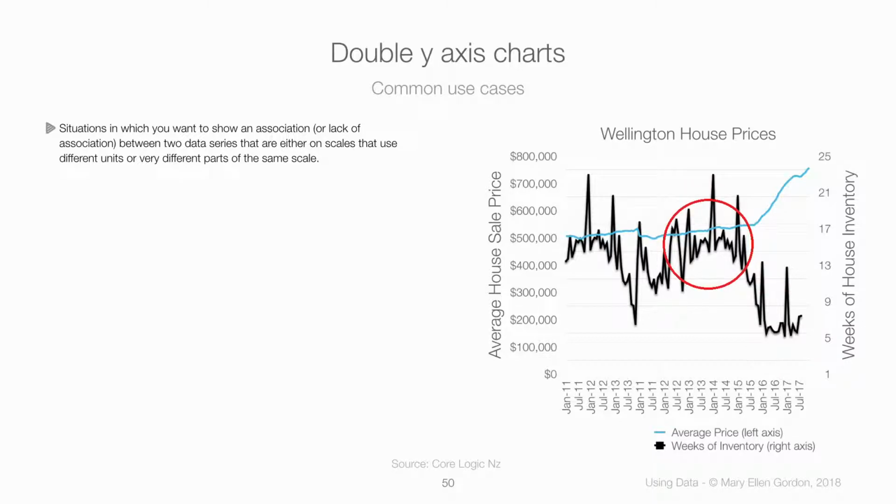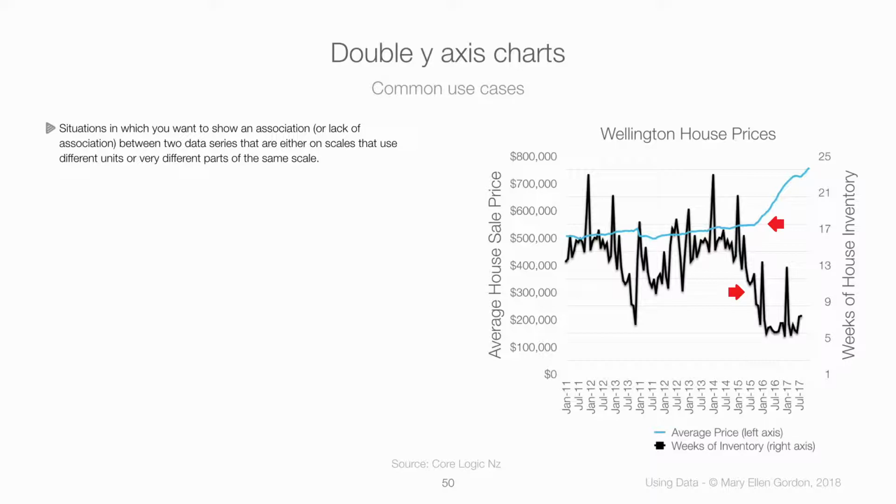that existing inventory. So here we're trying to look at the association between those two variables, and as we can see, the blue is what we've been seeing before, average house price, and this is that familiar spike that we saw where it goes up here. But what we can notice is at the same time that the average house price is going up, the average weeks of inventory, which is the black, is going down. So this is kind of classic supply and demand from economics. As the supply of houses is going down, the price of houses is going up,